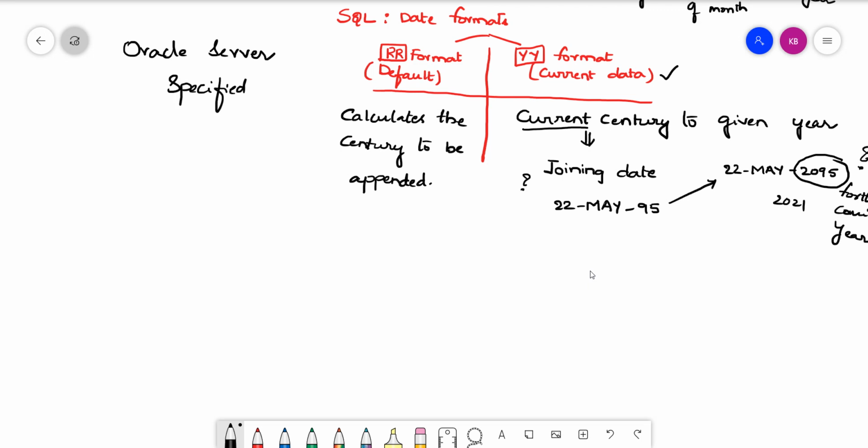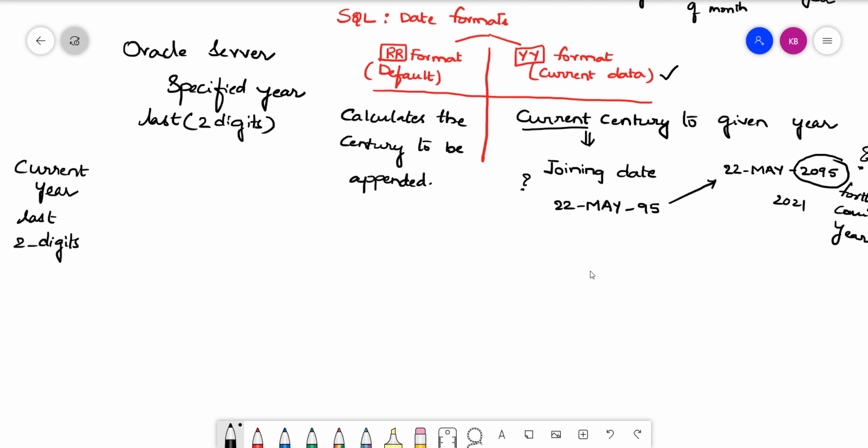Here we have the specified year, which is provided with the last two digits. Always we prefer the last two digits. And here on the rows side we have the current year, where we will specify again the last two digits.